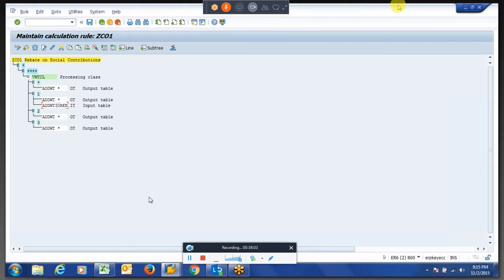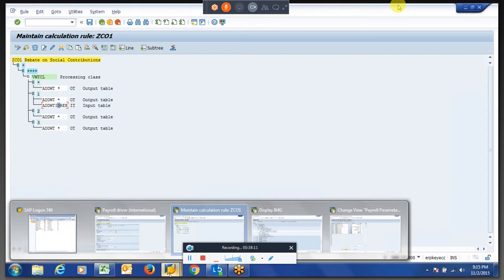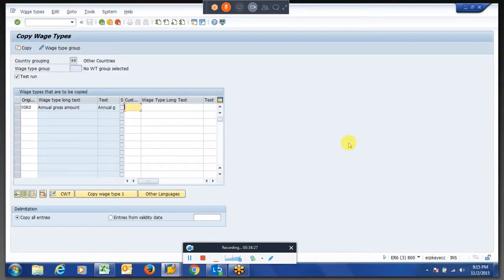So we'll create a wave step first. So I'm telling it is a tax rebate wave step.